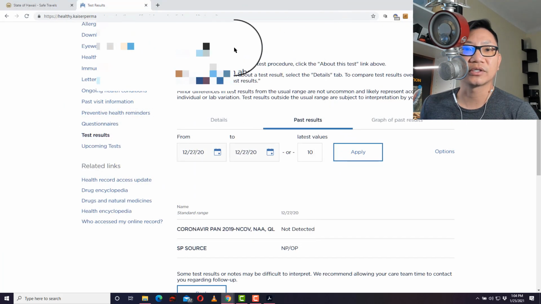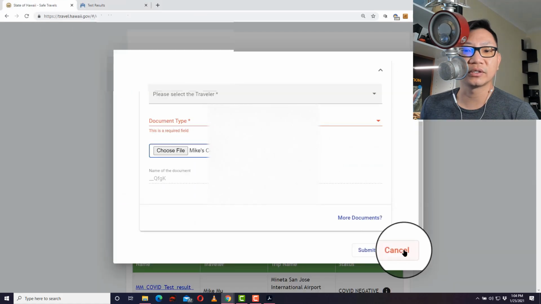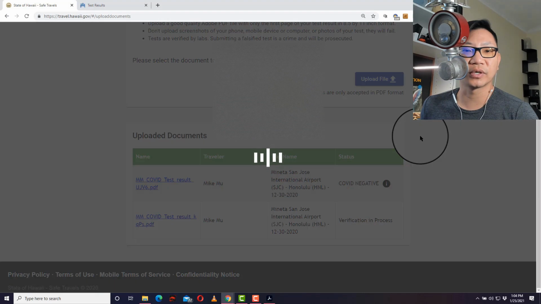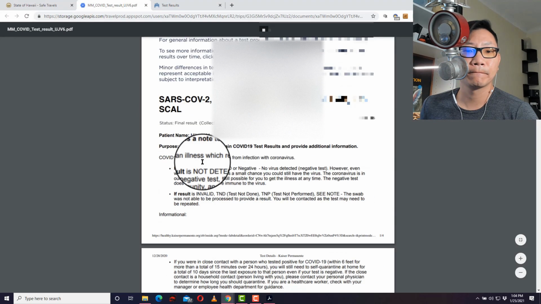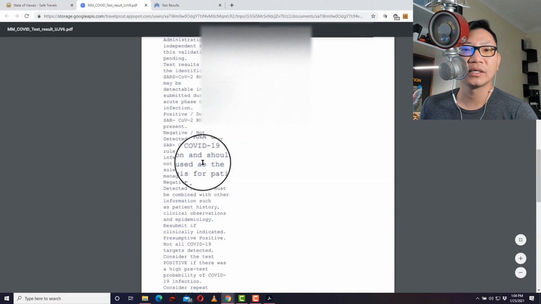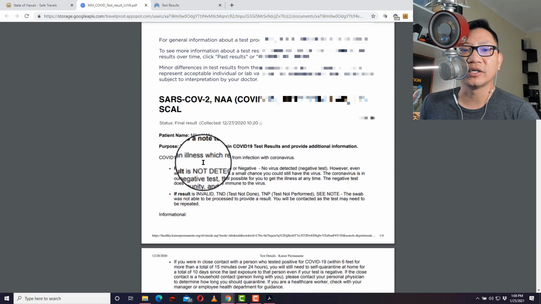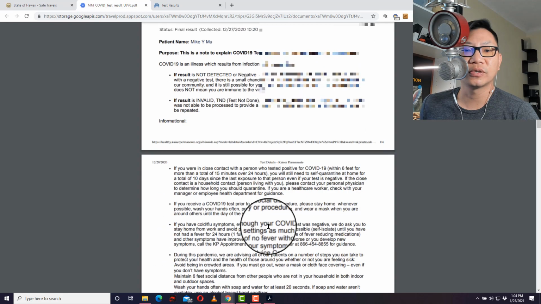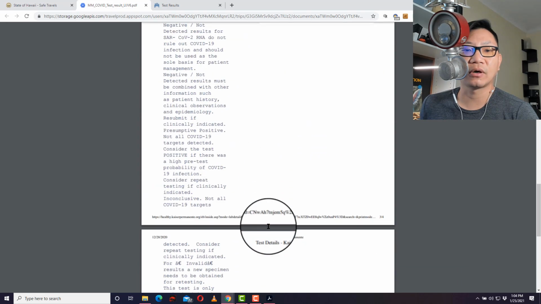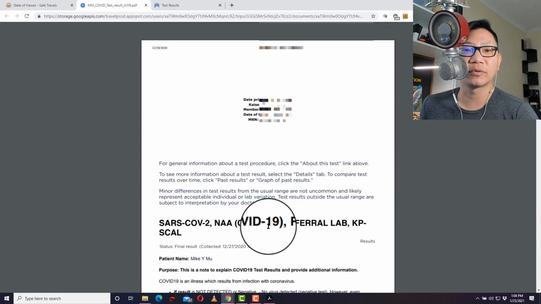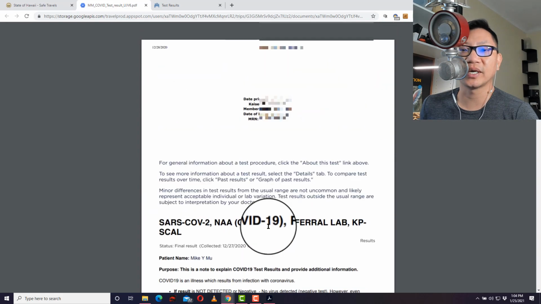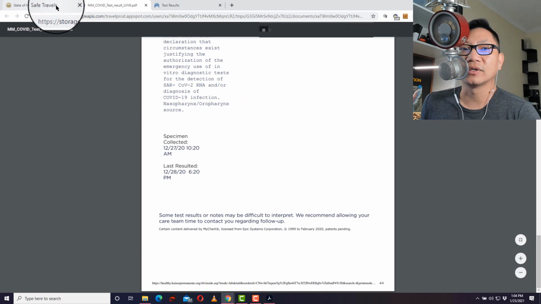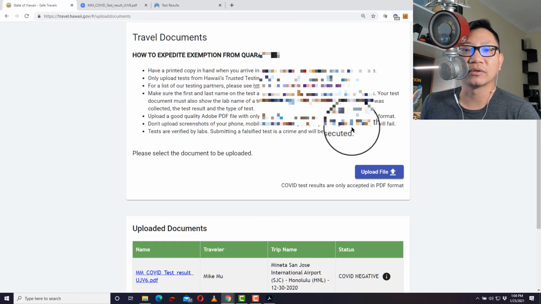Now to see which ones they actually did for me, and just so you can see what it was, the COVID negative test result. Let me see which one I uploaded here. So it says the first page, but in my case, this one made sense to print out all the pages. So do all 4 pages because it doesn't show on the first page. You want the whole thing. So you can disregard that earlier statement about printing out only the first page.